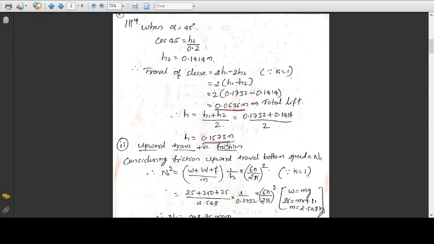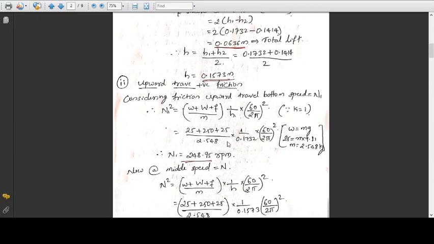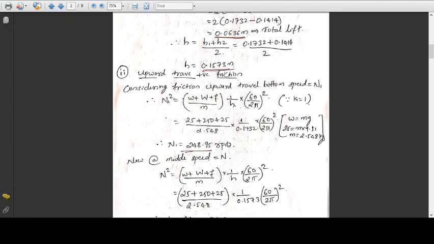0.1573 meter. Then the second thing he asked us to calculate is the speed at the bottom, upper and middle when it is having the upward motion. And also you need to consider the friction here. So now considering the friction for upward